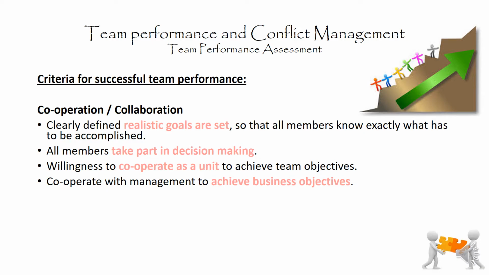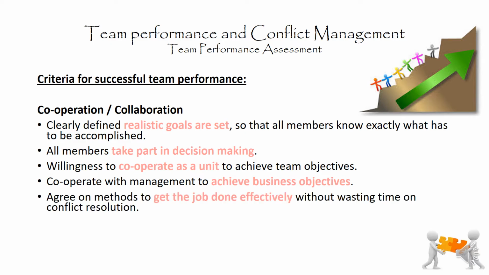Very important also to cooperate with management to achieve the business objectives. Obviously, your senior management will know what the overall goal of the business is that they are trying to reach. It is important that your team members don't go against what management is expecting of them, because that is also going to mean that they will not reach that business's objective. Okay, then once management has decided what that goal is, it is communicated through to all the team members, and team members are expected to cooperate with management and not work against them all the time.